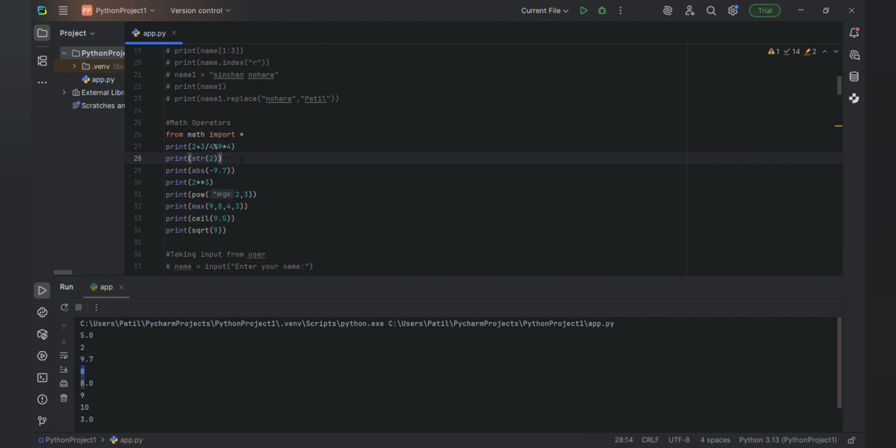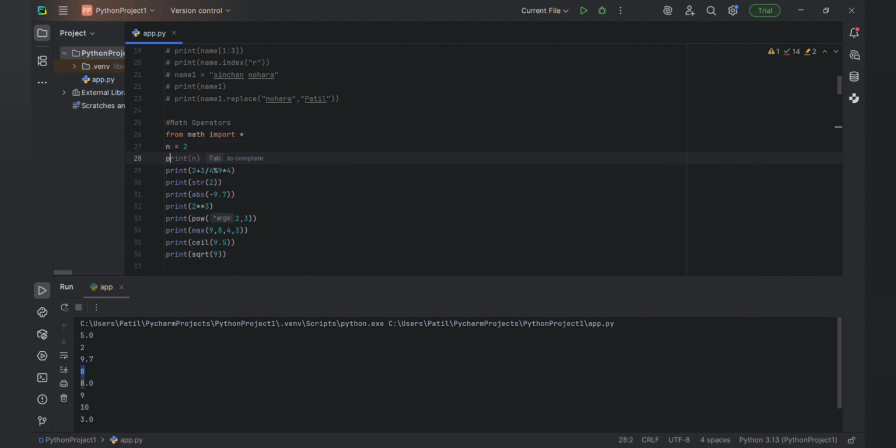Let me tell you another thing. If you want to check the type of a variable, you can use type. If n is equal to an int, you can print type of n, and it will print int. Let me show you that also. N is equal to 2.